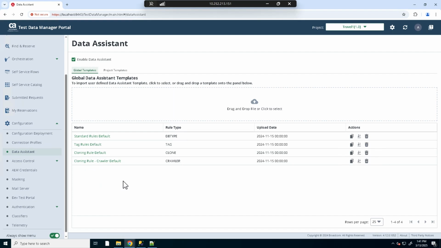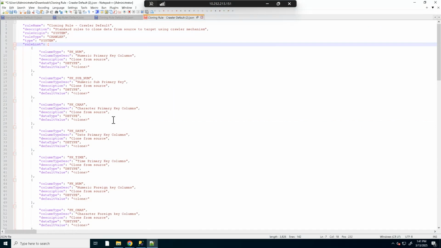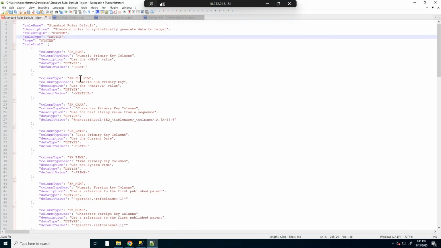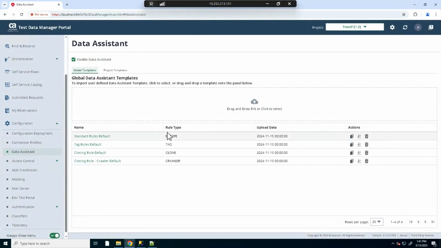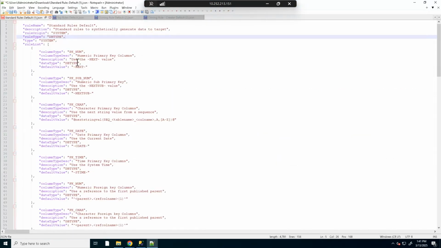Now, the standard rule is going to be a JSON file that you can download, and you can also make changes and upload it back into the TDM portal, and it will show up here when you make a change to it, either as a global template or as a project template. So the standard rule essentially tells TDM how to create a data generation rule function or a meta function